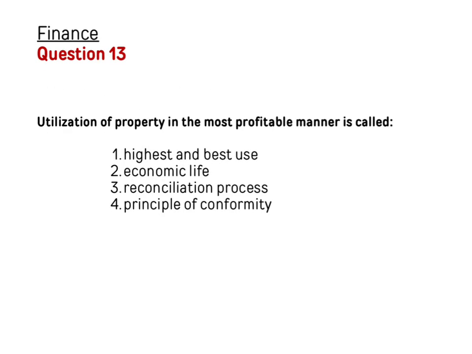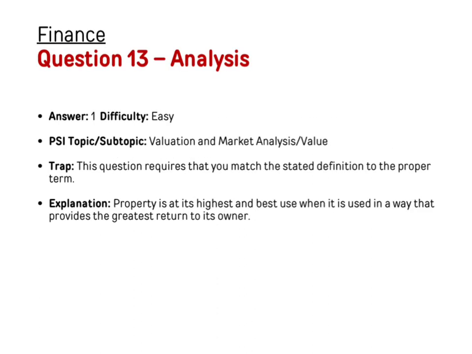Finance question 13. Utilization of property in the most profitable manner is called: 1. Highest and best use. 2. Economic life. 3. Reconciliation process. 4. Principle of conformity. Analysis. Answer: 1. Difficulty: easy. PSI topic subtopic: valuation and market analysis, value. Trap: this question requires that you match the stated definition to the proper term. Explanation: property is at its highest and best use when it is used in a way that provides the greatest